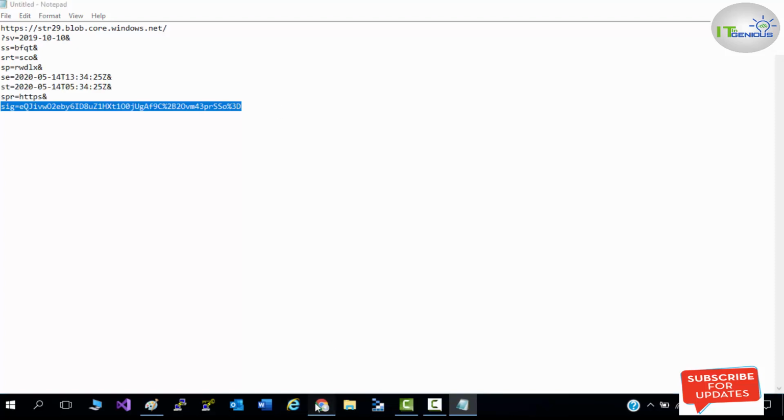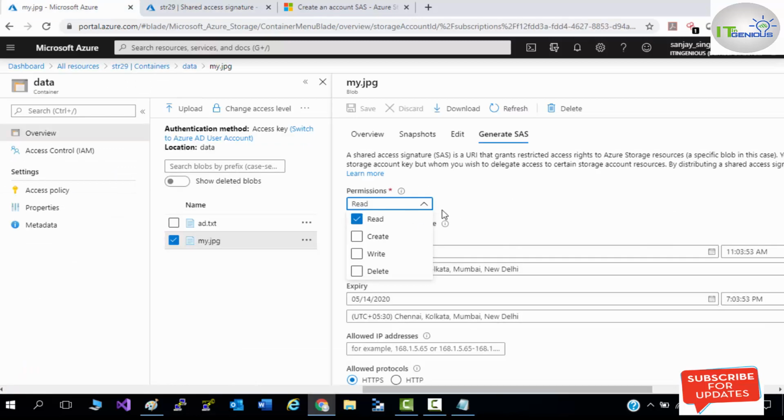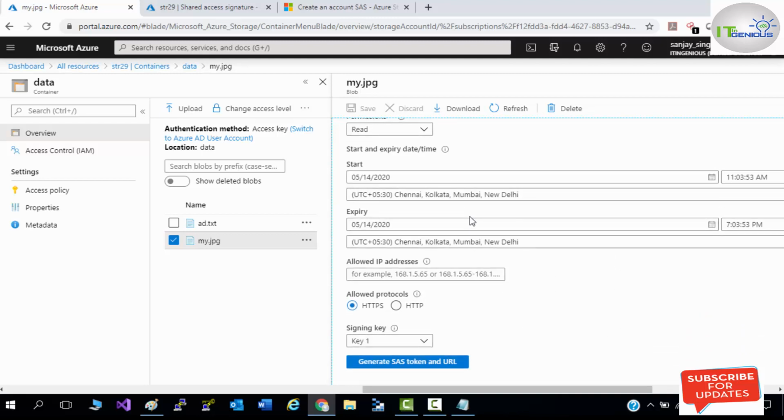Now I'm going to show you a SAS on resource level. I'm going to give a read permission. For the rest of the information, I'm going with the default start and end date, and HTTPS. I'm going to use key one and generate SAS token and URL.